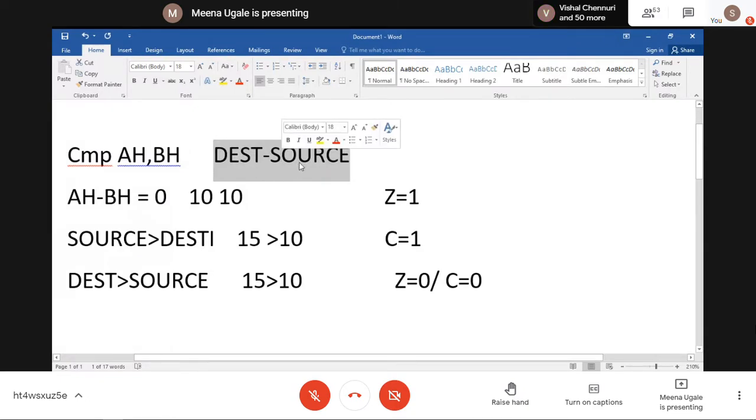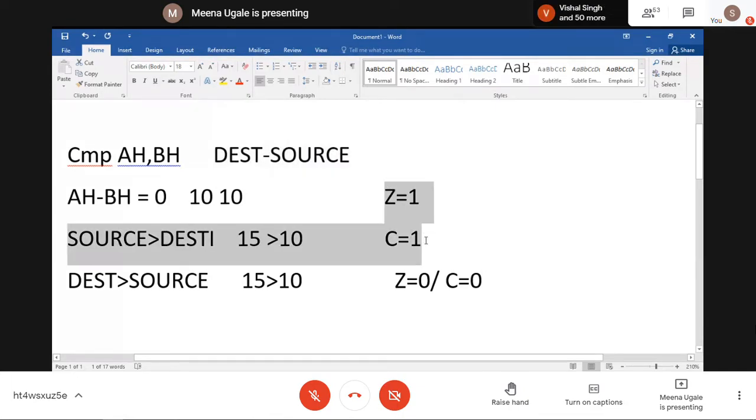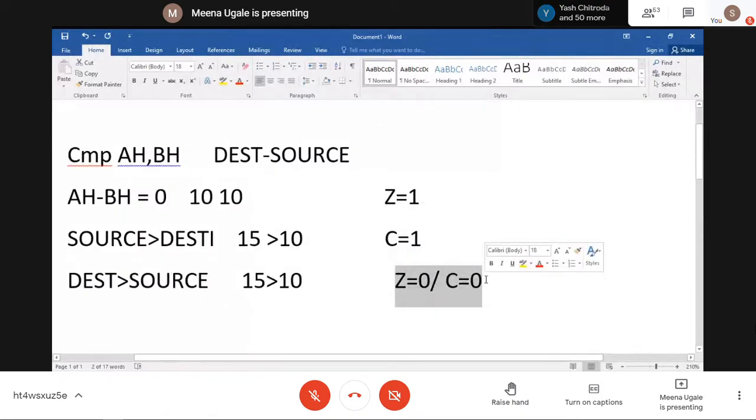The source operand is subtracted from destination, and these are the different flag bits which are set. Either the zero flag is set, or carry, which is the borrow flag, is set, or both flags will be 0. And then we are going to use our program control transfer instructions, which come under the jump category, to check whether any of the flag bits is set to 1 or not. And then we will check the answer and write the respective instructions in the program.